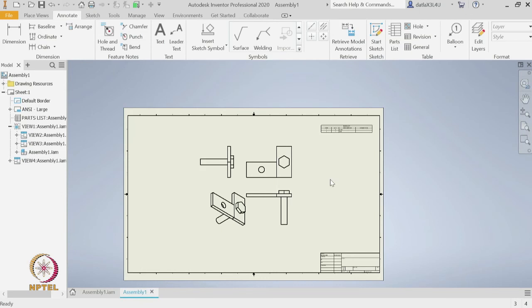So, in summary, what we have looked at in today's lecture is how to get started with the assembly environment, and then in the assembly environment we said there are 2 approaches, either the top down approach or the bottom up approach. In this lecture mostly we followed the bottom up approach, where the components are already created in the part environments.